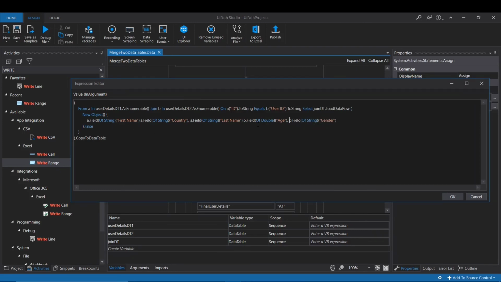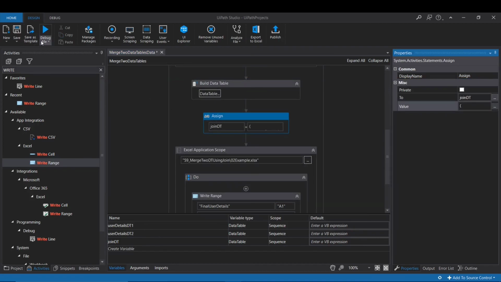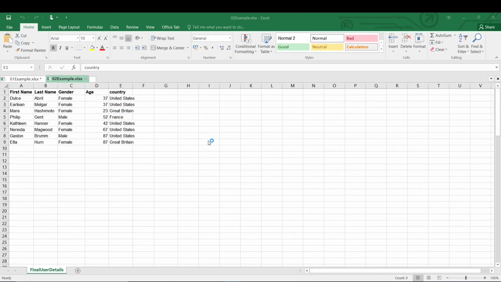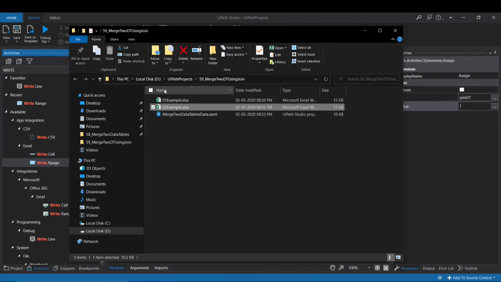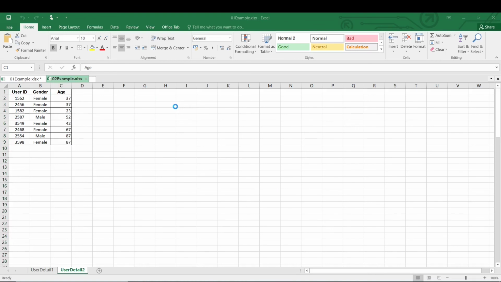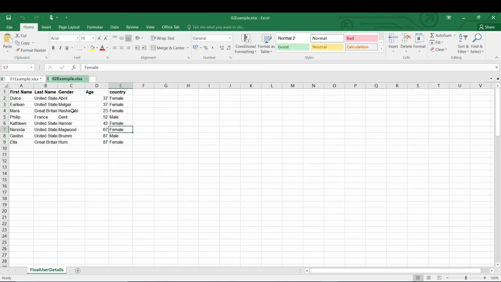Now, is there anything that we are missing? No. So save it and run the program. This time this will come here and this will come here. See here, this gender is coming here and this country name is coming here.